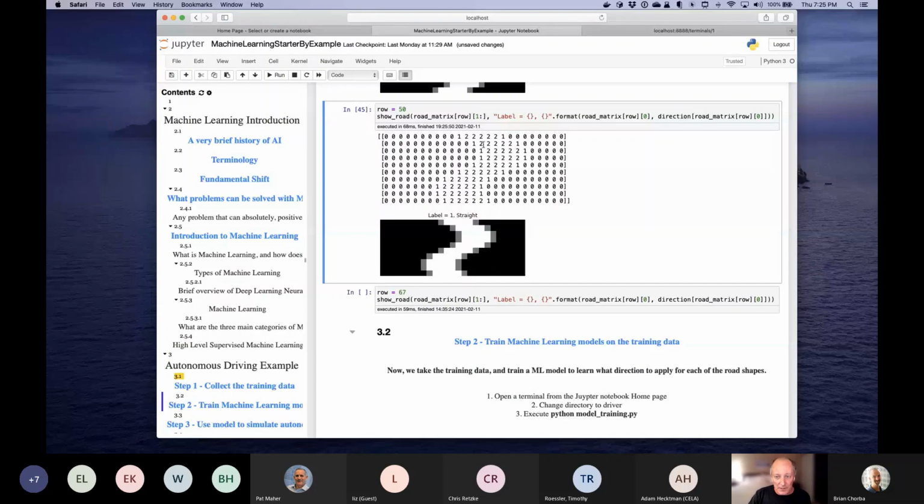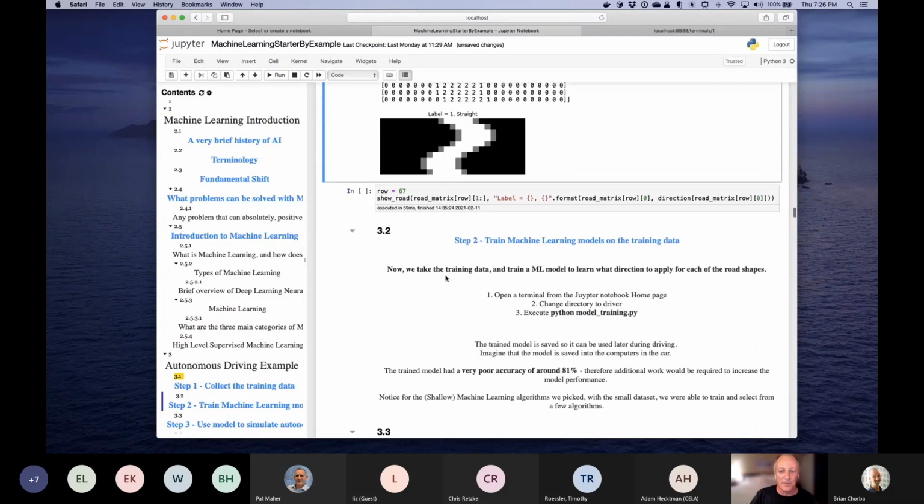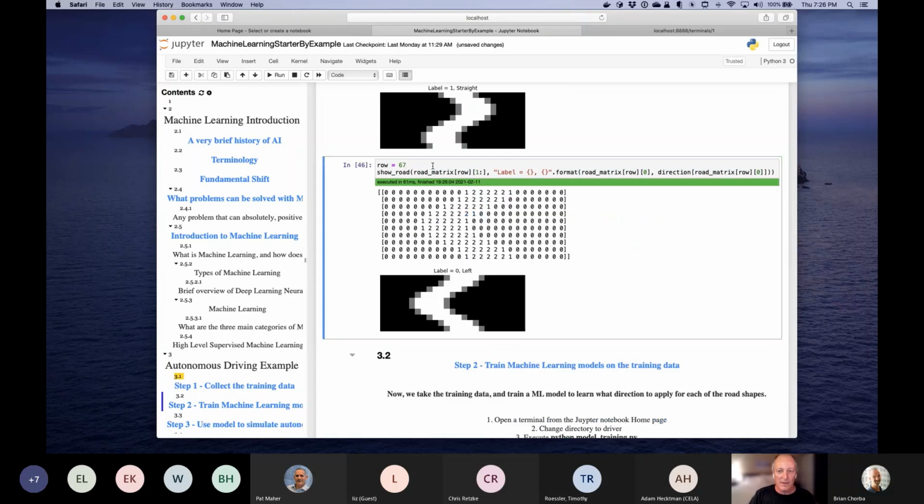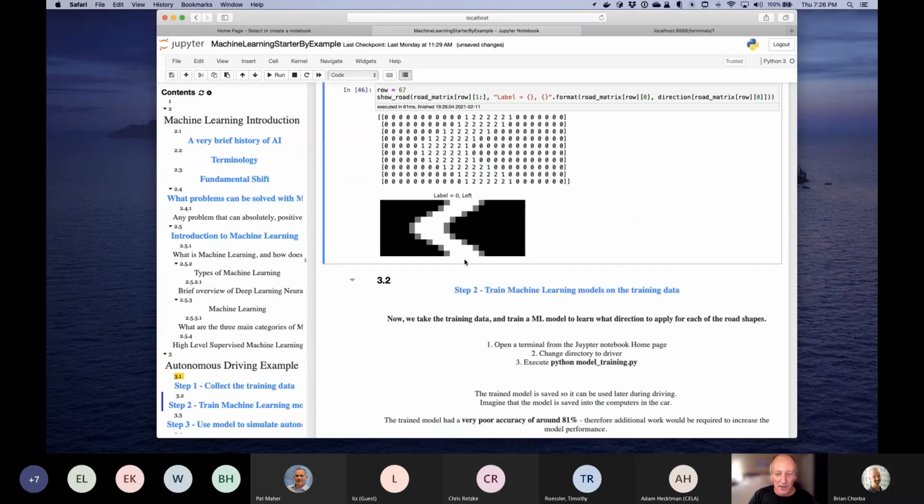This one is straight. So if you can look where the 2s are at, if you imagine the cars at the bottom, the right answer would be to go straight for a little while before I have to turn right. And then just left is the same thing. If the car is at the bottom, the right answer here would be to start turning to my left until I got to that bend, then I'll switch it back to a right.